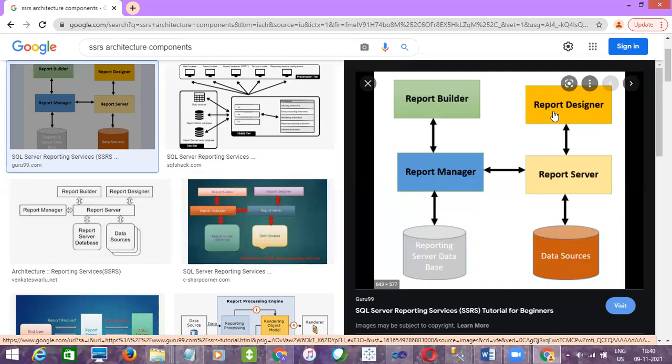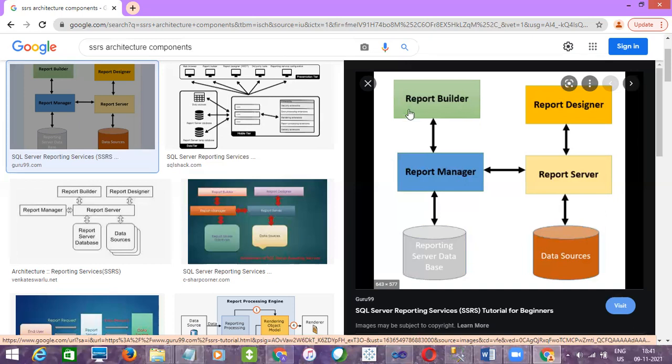There will be a designer for SSRS as well, using the Visual Studio only, right? So there we'll create basic reporting. But Report Builder is nothing but an ad hoc tool where, if you observe clearly with the SCD, when you open the SCD, it is like select next, next, next, and then finish, right? So the same way for Report Builder also, the options are similar. So you won't get much design options like Report Designer, and Report Builder is what we call ad hoc reporting, where even the business users can create their own reports.